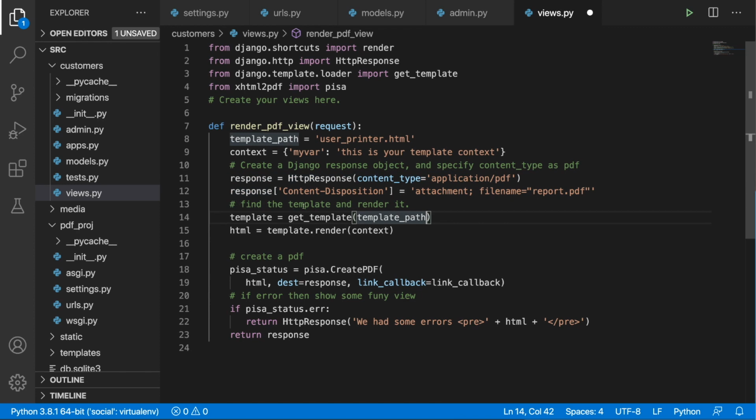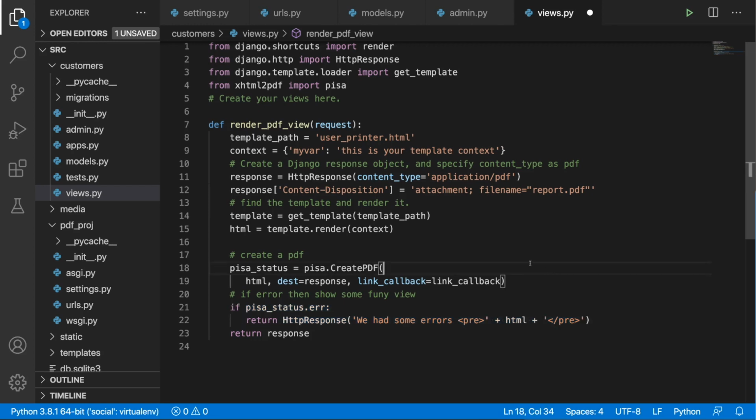And then we are finding the template and rendering it, so this is what's happening here. We are creating the PDF here, and if we have an error, this is what happens down here. Okay, so we won't be using this link callback. I'm going to delete it,